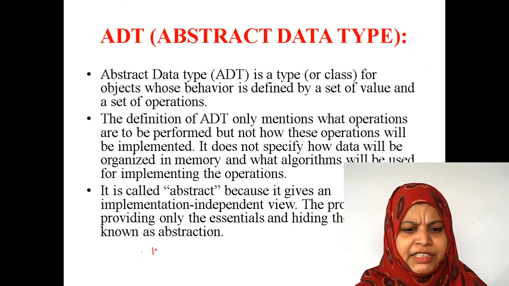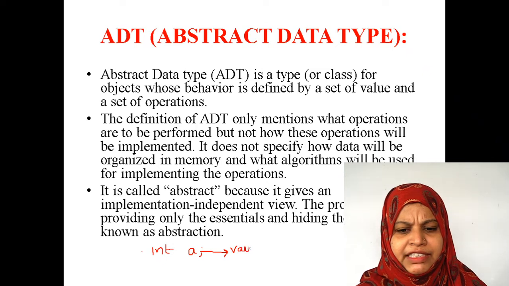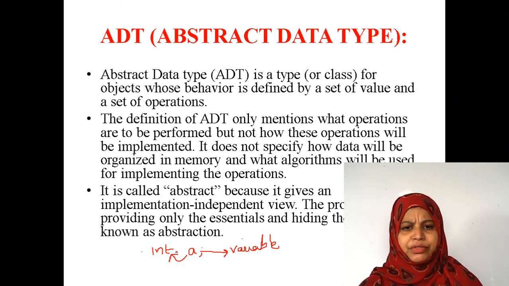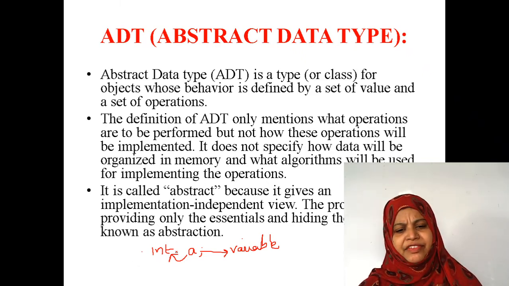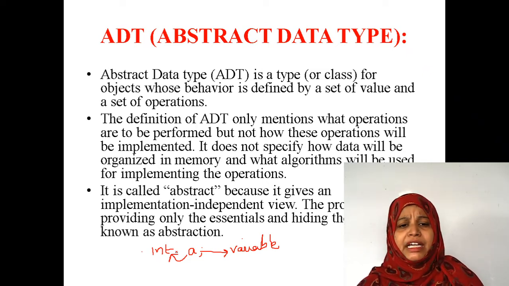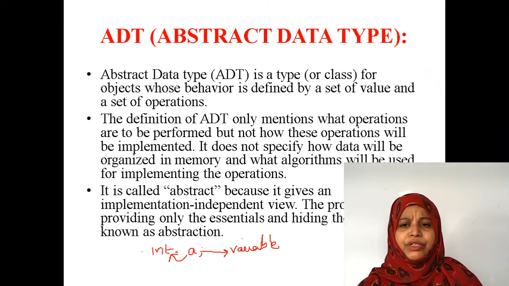What does it mean? Here int a means a is a variable of integer type. It means that we are going to store integer values 1, 2, 3, 4, 5, 6, 7, 8, 9, 10. This type of integer values we are going to store in the variable a. Now, if I declare any floating point number, character, or double, whatever it may be, depending upon the data type only, we are going to store the information. Here, how we are going to store the information in that particular variable, we don't know.